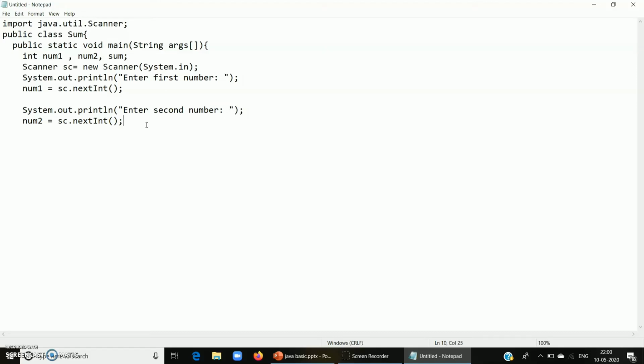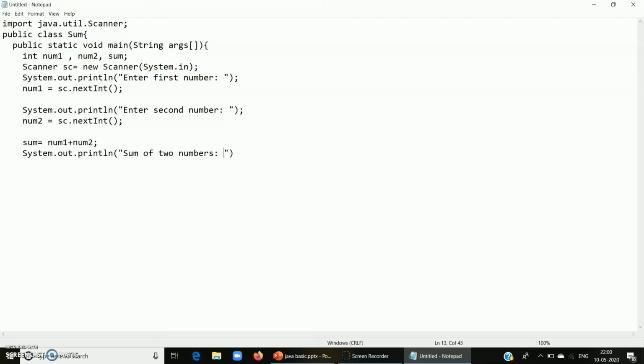Now sc is not a fixed or a compulsory variable. You can use any variable, Scanner x or Scanner sc, etc. Now sum equals number1 plus number2. This is our basic logic. So now you have calculated the sum. Let us print the sum as our output. So "Sum of the two numbers".